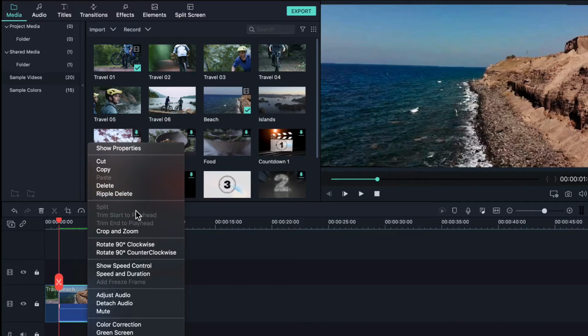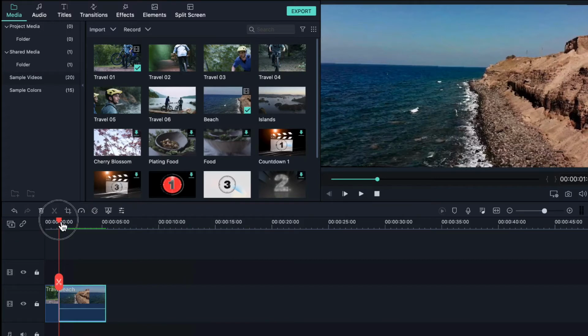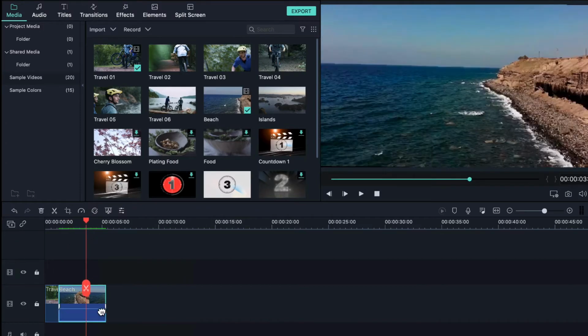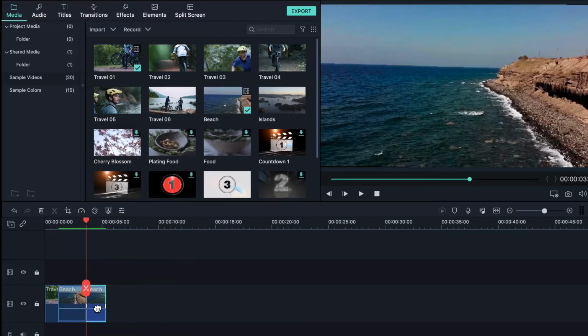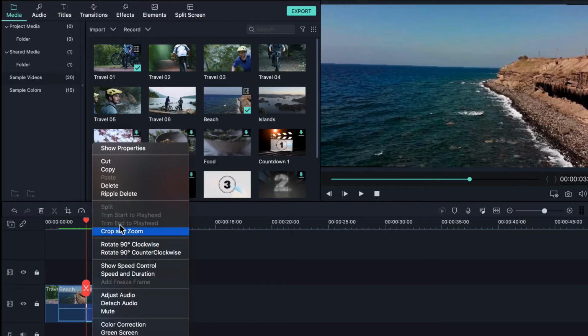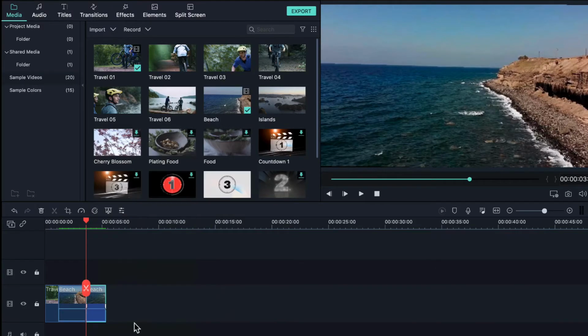Here's where you can split it, but I can't because I'm not in the middle of it. When you're in the middle of the clip, you can right click again. You can split, which puts it into two different clips. Right now my thing is so close to the end, I can't